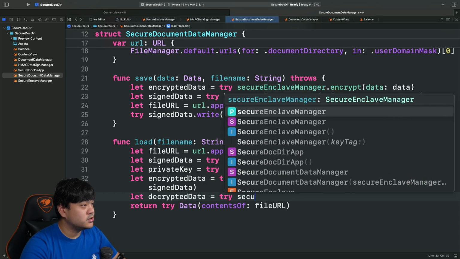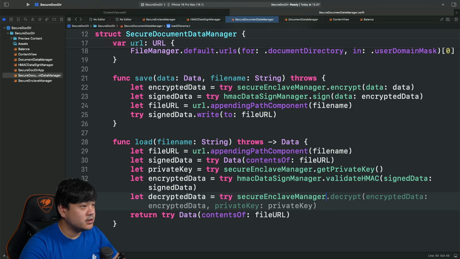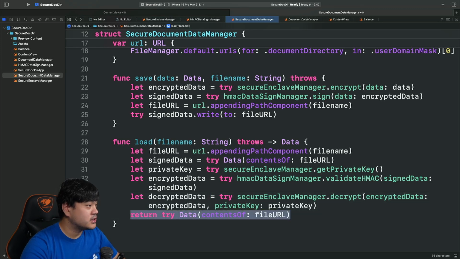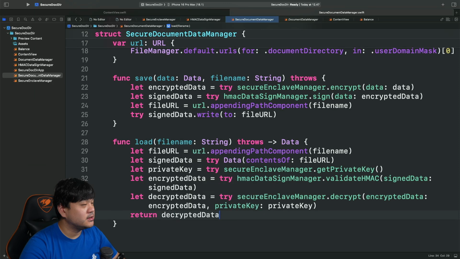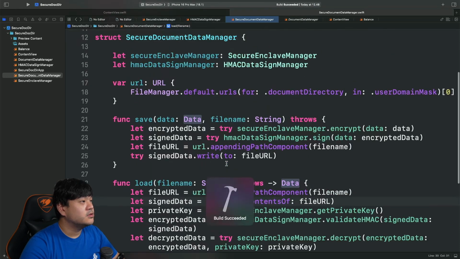We can use secureEnclaveManager decrypt, passing the encrypted data and the private key. And finally we can just return the decrypted data. This should build. Build succeeded.